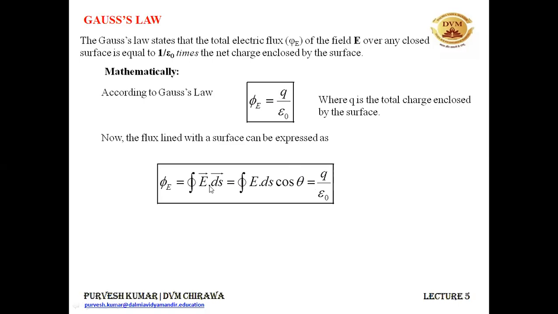This is because of Gauss's law, and this is because of our previous class. We have learned this formula, that the integration of E dot ds, that is the electric field along with the area vector, gives you the electric flux. So now we can calculate the electric flux by using these two formulas. First one, the E dot ds integration, other one is your charge divided by epsilon naught. All right. And here theta, what is this theta? Theta is the angle between electric field vector and your ds vector, that is the small area vector ds.